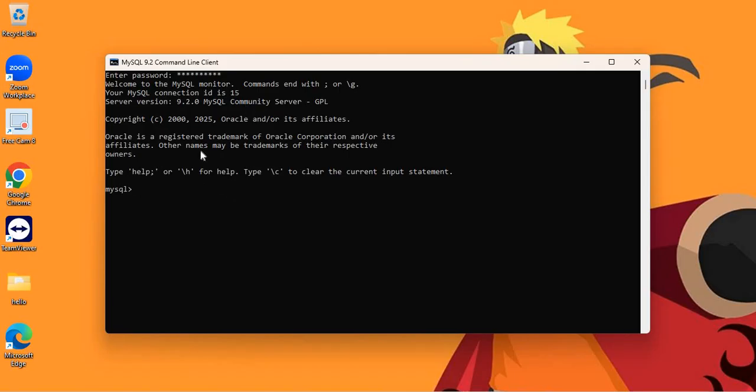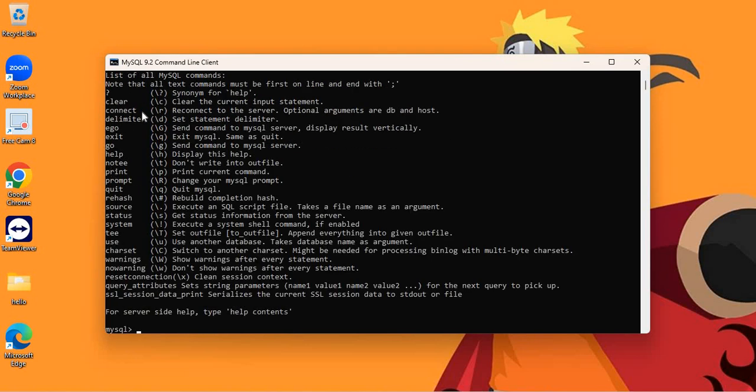If you want to see the help options, you can type \h, press enter, and it gives you all the helpful commands that you can type if you want to do simple things,